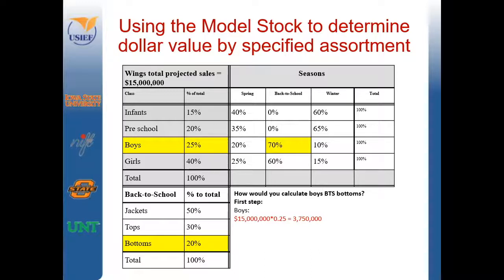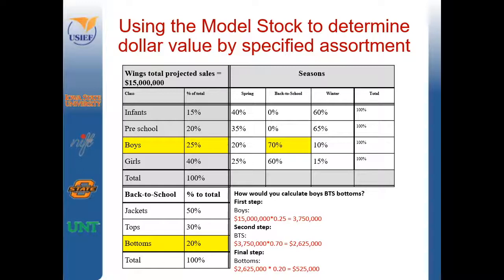Then we would calculate it by our back to school, which is 70% converted to a decimal of 0.7 to get 2,625,000. Finally, to find out the portion that is bottoms, we would multiply our 2,625,000 by 20% converted to a decimal of 0.2 to find that our boys' back to school bottoms budget is